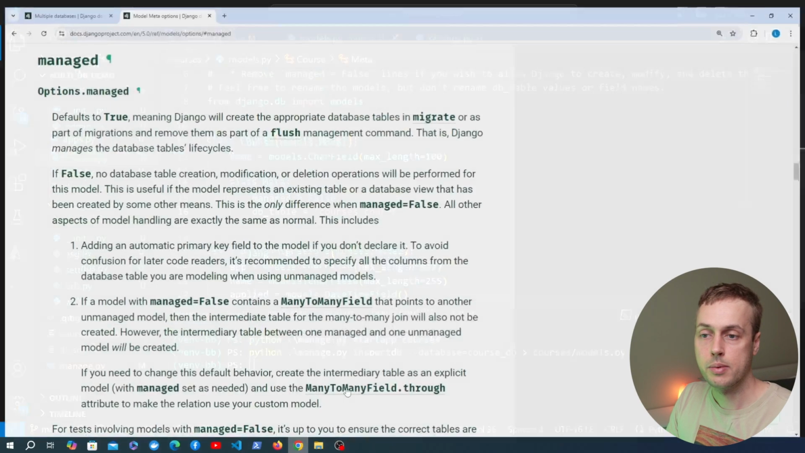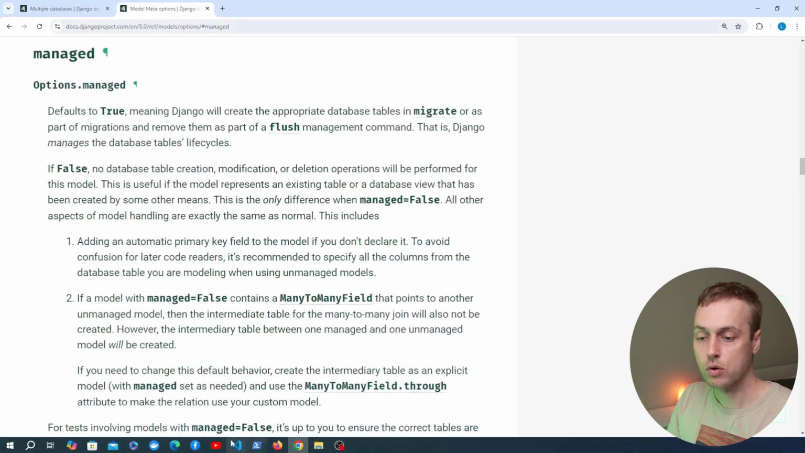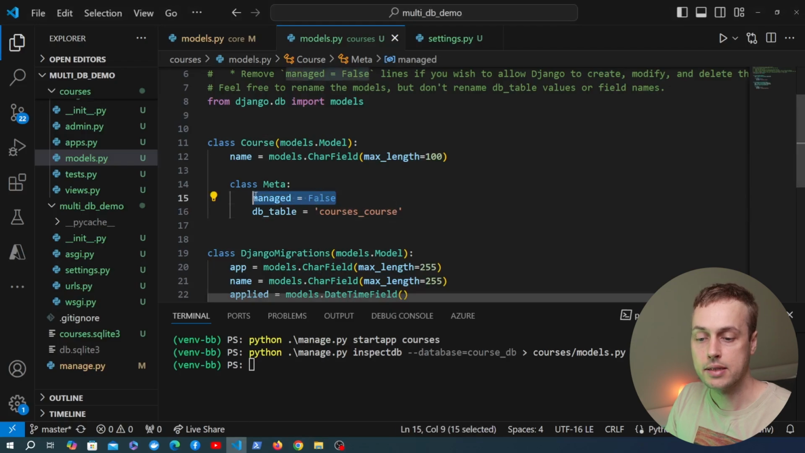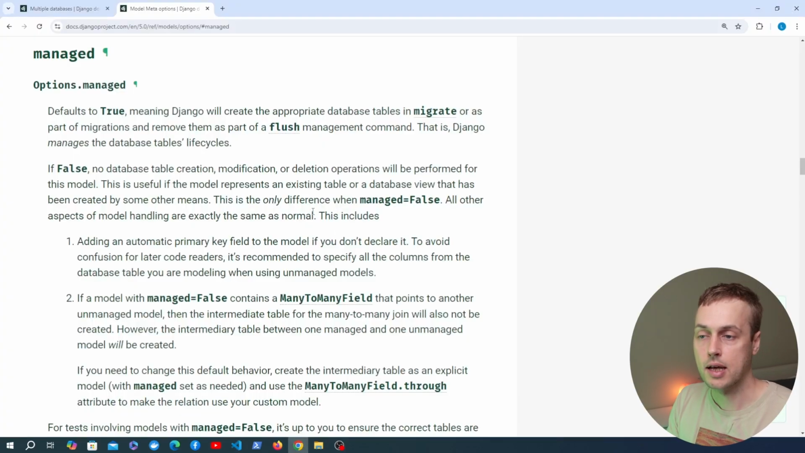Now I want to go to the documentation on this managed equals false option that you see here within the meta class. So what exactly is that? It defaults to true, and that means when it's true that Django is going to create the appropriate database tables in the migrate command, and it's also going to remove them as part of the flush management command. So in other words, Django is managing the lifecycle of that database table,